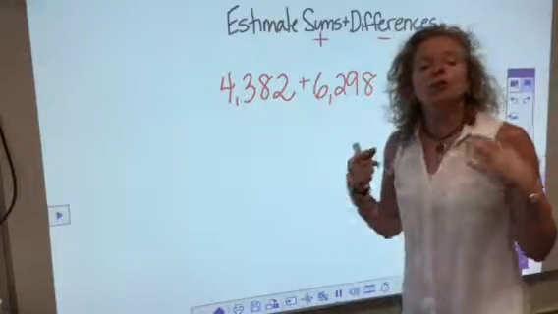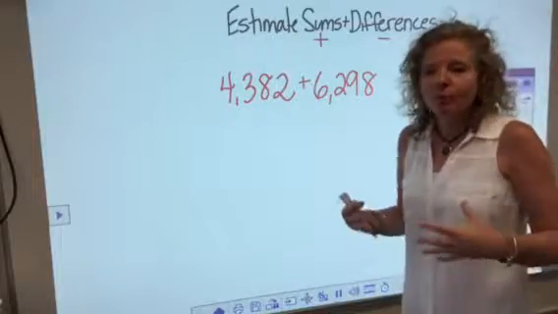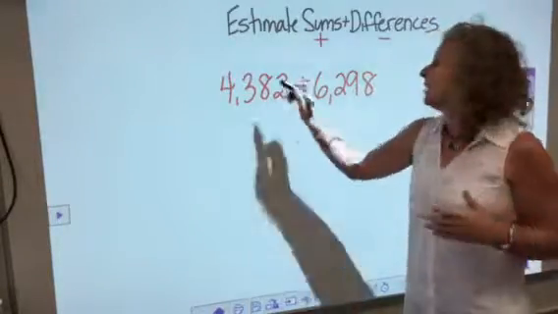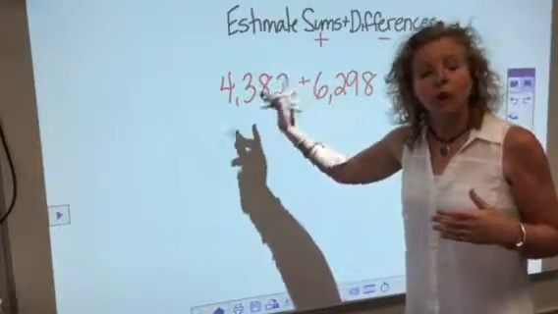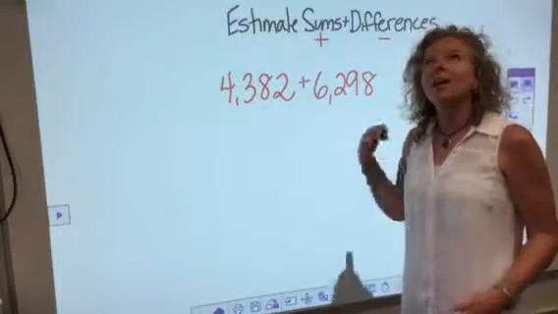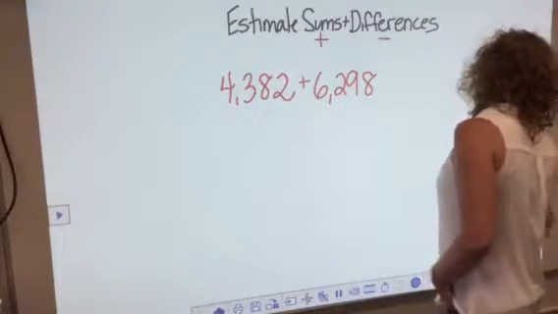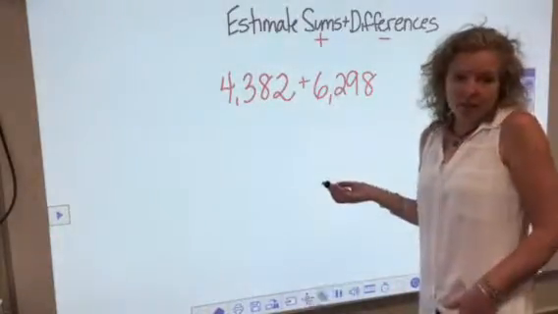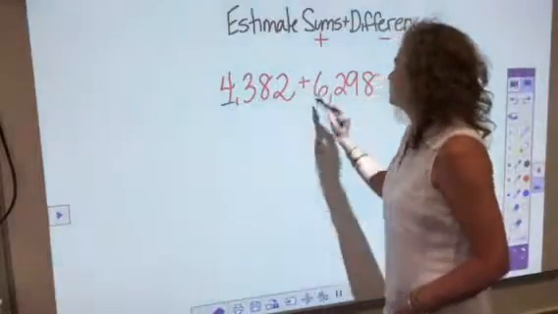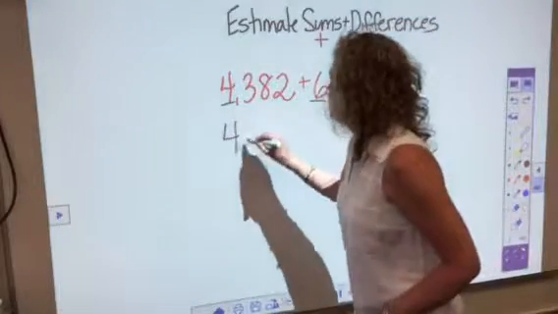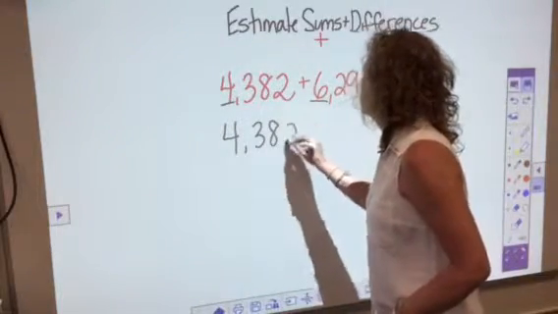Don't do that. When you estimate, you're trying to make numbers easier to add in your brain. So you're going to be rounding first, because when you round first, it makes those numbers easier to add. You do want to pay attention to what you should be rounding to. A general rule I say with rounding is that you're rounding to the greatest place, or if you have a problem like this,